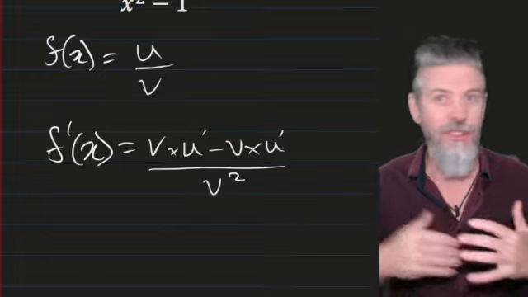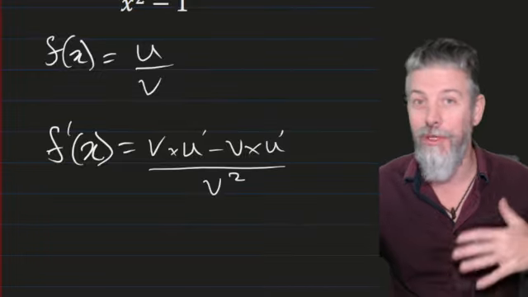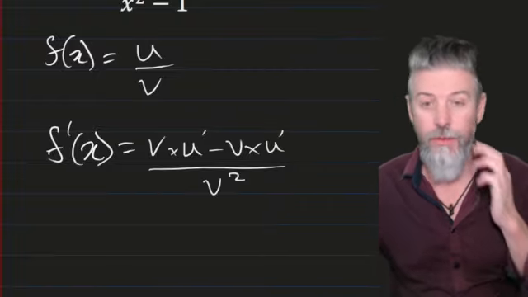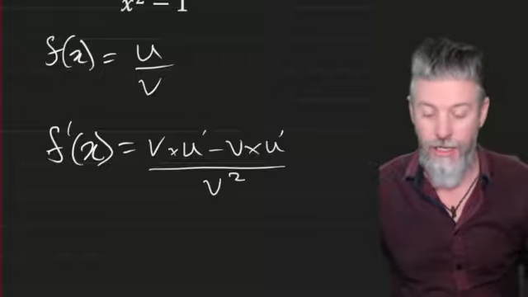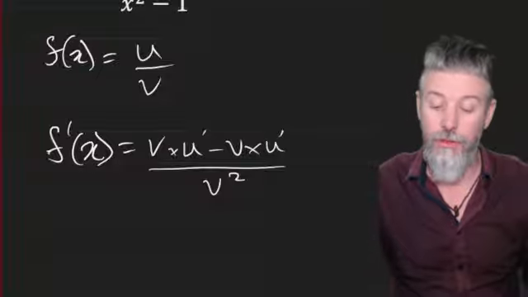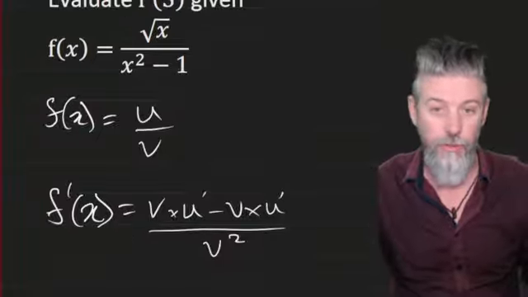The bottom times the derivative of the top minus top times the derivative of the bottom, all over the bottom squared. I'm always saying that. But here it is in a rule form there for us to use as a quotient rule. So let's go ahead and apply this rule to the function that we've got here, which is root x over